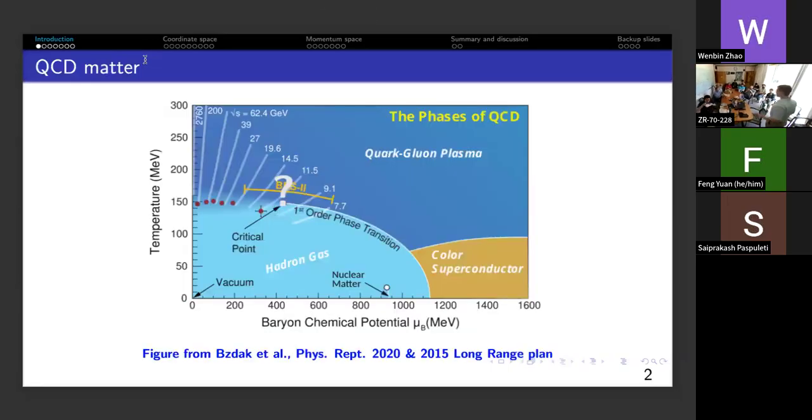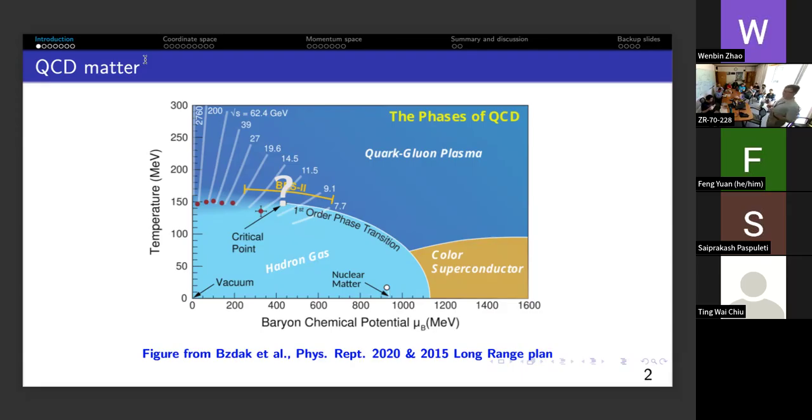So the start is pretty trivial. This is a well-known sketch of the phase diagram, and the answer to why, in general, we are interested in the studies we are performing is the answer to the question: why is it a sketch? Because, unfortunately, in general, there is no analytical approach which would give us the opportunity to map the whole phase diagram. Since we cannot, in general, solve QCD, like we can solve some other theories, like electromagnetic theory,